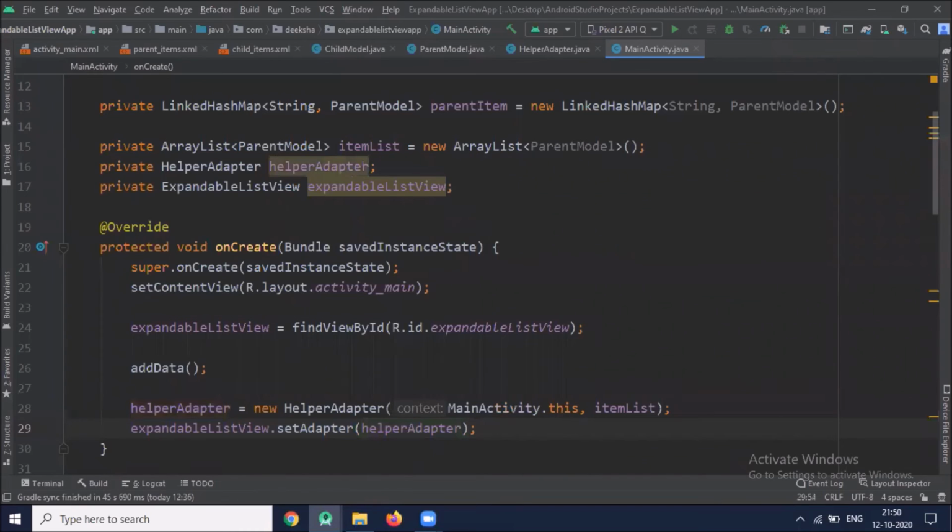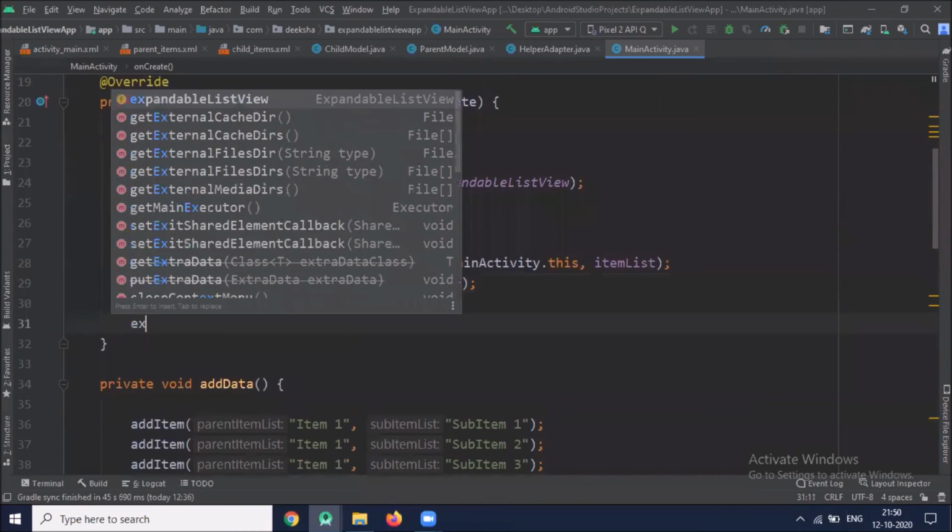Now we want to expand our groups. So here we create one method for that.